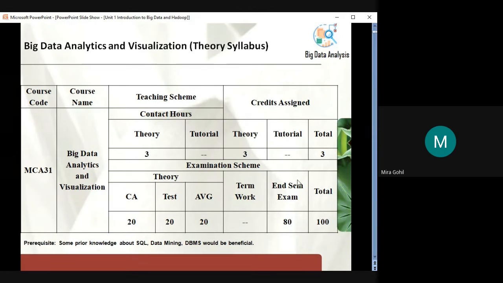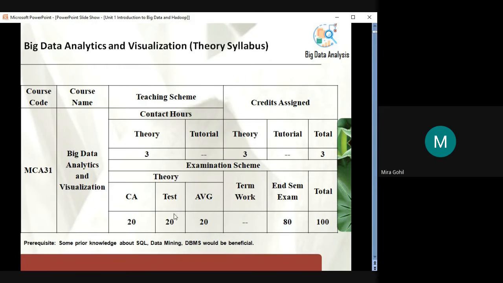And at the end of the semester, you have an 80 marks exam, where, if the exam is online, it is 40 marks theory and 40 marks MCQ, or if it is offline, then an 80 marks written theory paper. Okay, so this is what you have, and from this subject you will get 3 credits